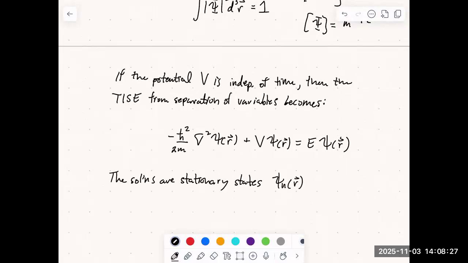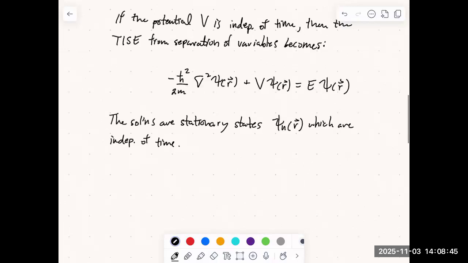Psi n of r, which are independent of time. They have definite energy. They're eigenfunctions of the Hamiltonian. Okay, so once we have that, the general solution to the full time dependent Schrodinger equation is,